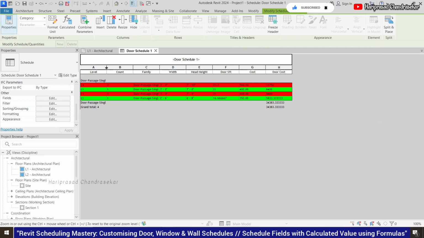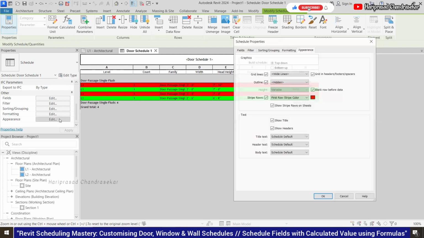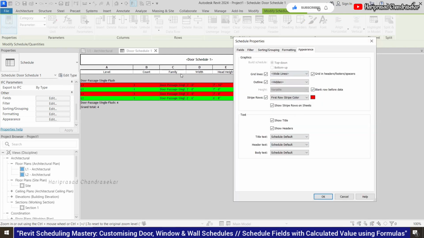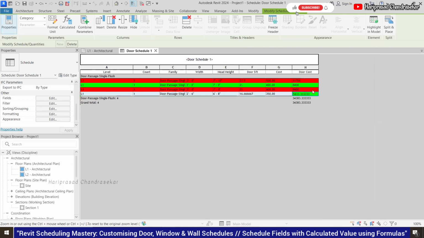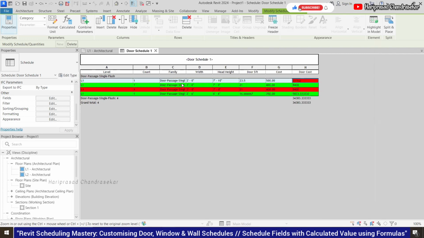Like this, we have appearance and all, we can change also. So here, the blank line, if you remove that blank line, it goes away. You can see that. When you select, it just highlights like that. You can just adjust the column sizes and all.